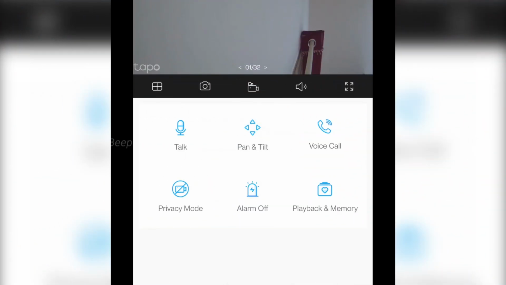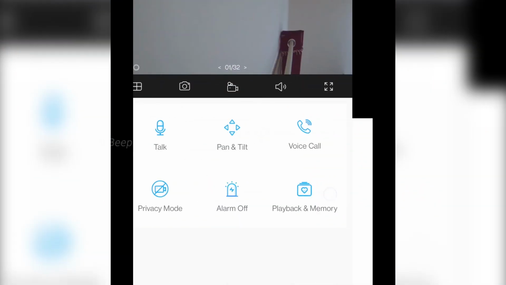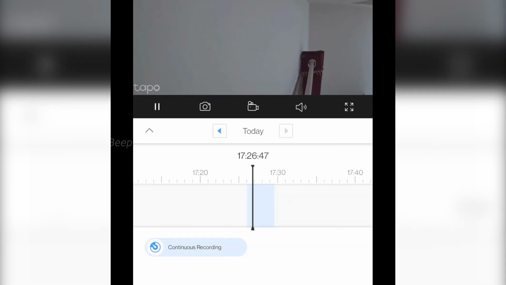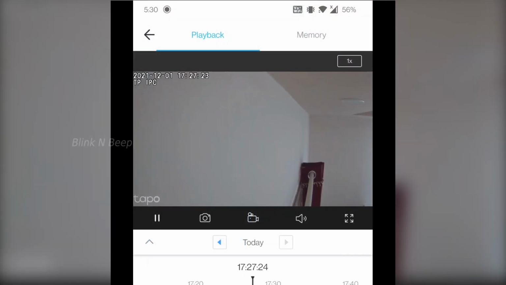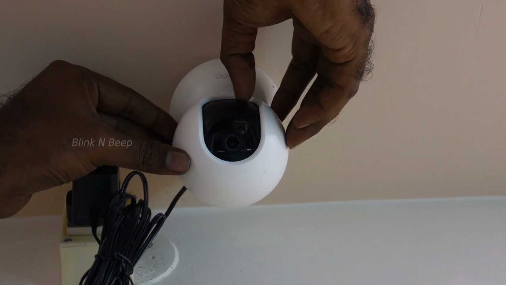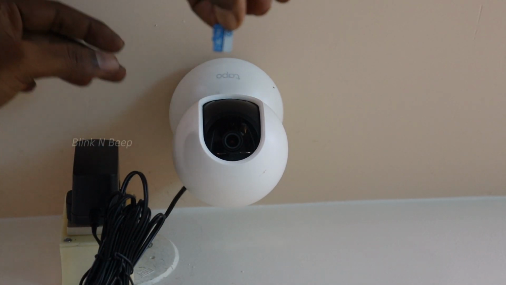We all know that we can get into the playback and memory section, select the start position for the portion you want to record, click on record, and stop it when you have had your desired video snippet. But this is time consuming even if you want to save 5 minutes of the recorded video. The TAPO app isn't that flexible, so the only other way I found is to directly access the SD card